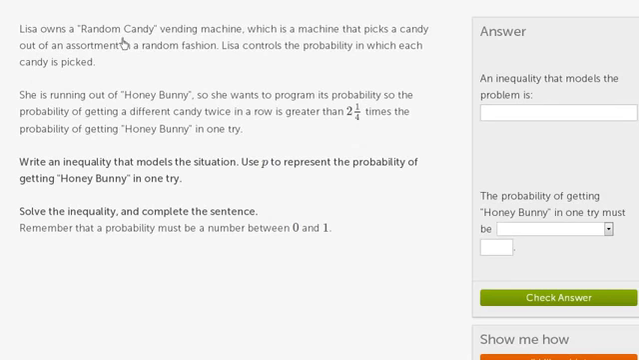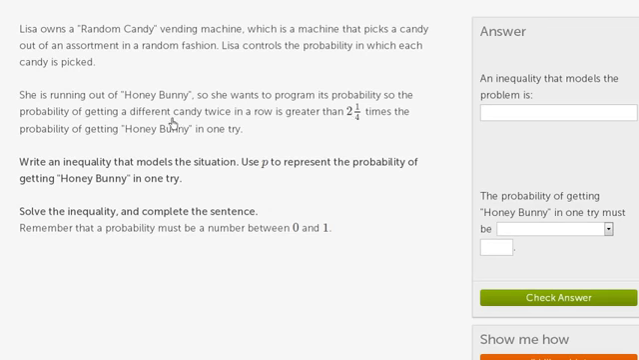Lisa owns a random candy vending machine, which is a machine that picks a candy out of an assortment in a random fashion. Lisa controls the probability in which each candy is picked. She is running out of Honey Bunny, so she wants to program its probability so that the probability of getting a different candy twice in a row is greater than 2 1/4 times the probability of getting Honey Bunny in